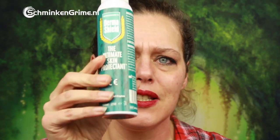I just read the instructions on the can. It says that you should wash and dry the skin you are going to apply the Derma Shield on. Shake the can, put a golf ball size of Derma Shield on the palm of your hand, rub it on the skin and let it dry for about 5 minutes. So that is what I'm going to do now. I just decided to open up one of the small packages we have. This is the 50 ml, this is the 150, but for my test I think I can use the small one. I will shake it very well,